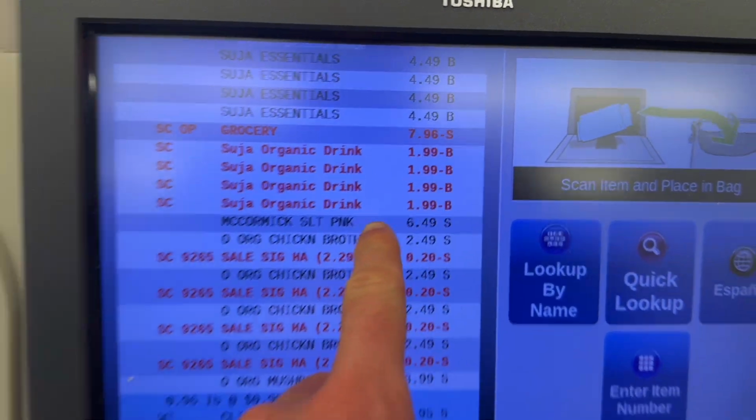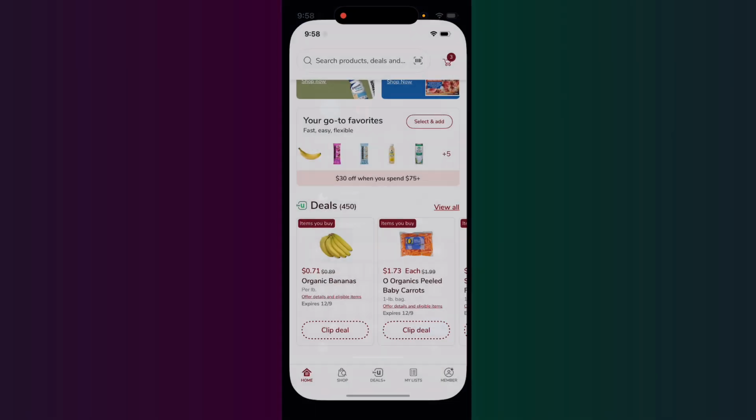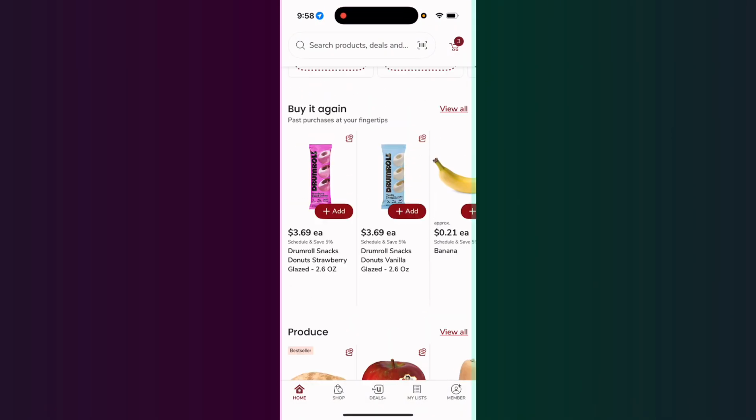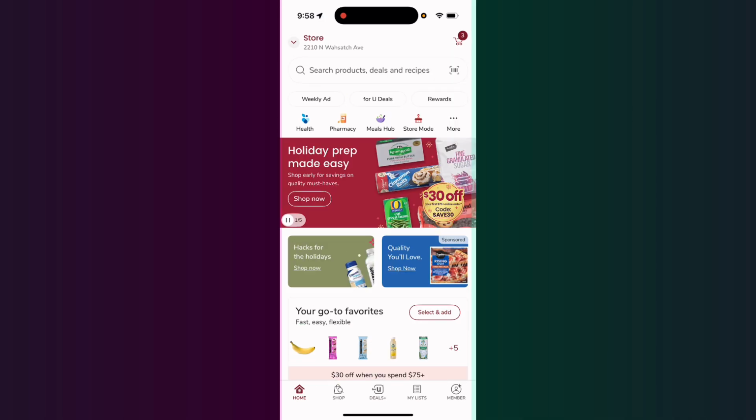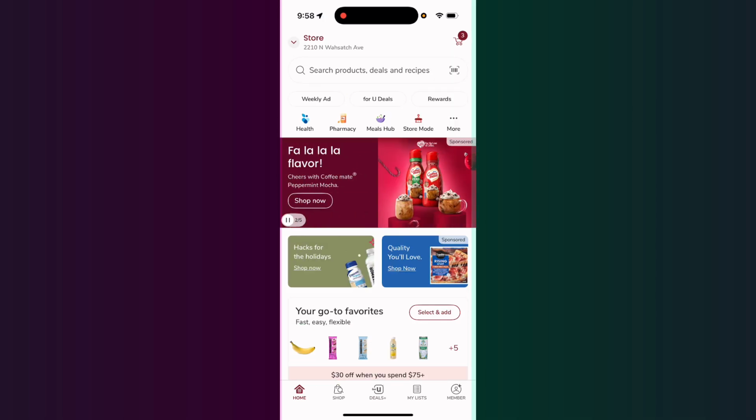Clipping deals and using them in the store is really easy to do. You can see right here when we actually open up the Safeway app, and assuming you're logged into your account, basically it'll automatically put you in store mode. And if you actually want to clip a deal or use the clip deals, you can basically scan the QR